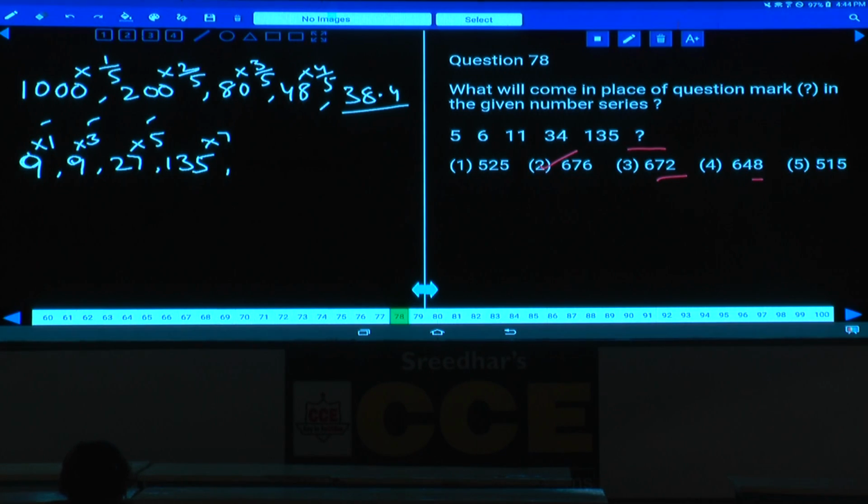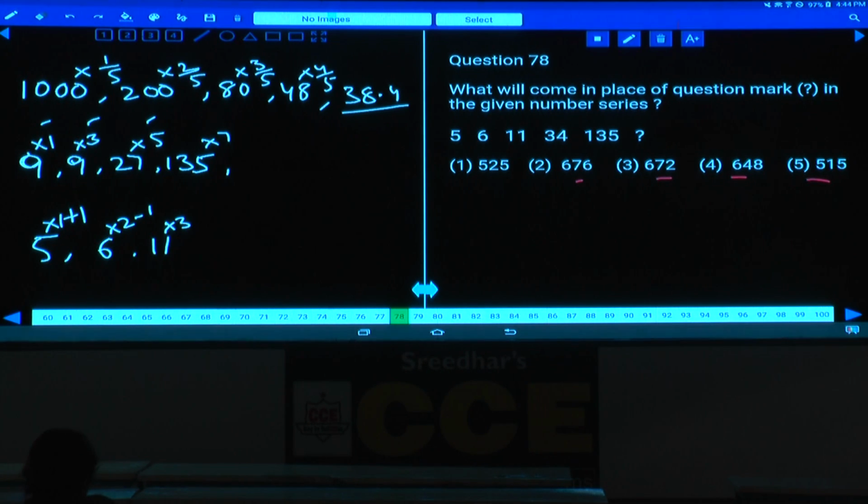Then 78. Yes, question number 78, tell me what is the logic here. 5, 6, 11 and 34. Again the numbers are increasing at a very faster rate. Hence 5 into 1 plus 1 is 6, and 6 into 2 is 12 minus 1 is 11, and 11 into 3, 33 plus 1, 34, and 34 into 4, 68, and minus 1 will be